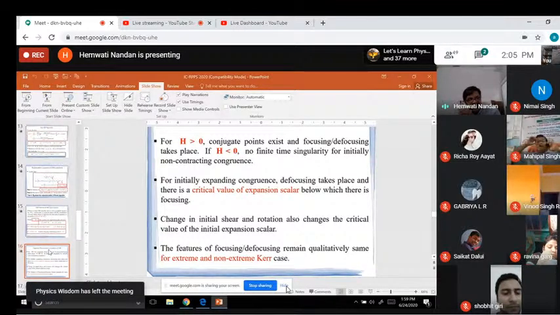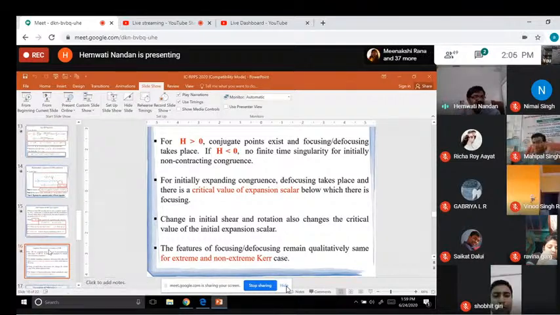But if h is equal to 0, there is no finite time singularity for initially non-contracting congruences. Fine. And these are really technical ones. If you have not gone through GR steps, it might be a bit difficult, but still I will try to